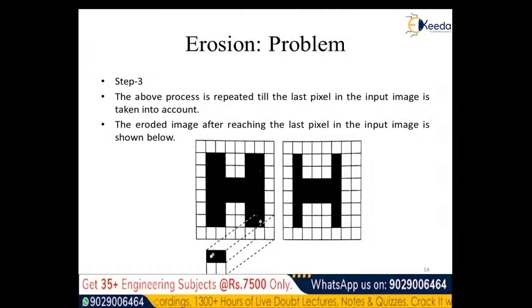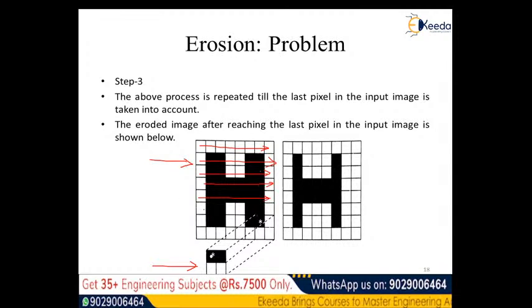So this was the input image plane, and it has been operated by the structuring element, and in this fashion we have gone. So from left to right in every row we have found the overlappings, and when the overlappings were